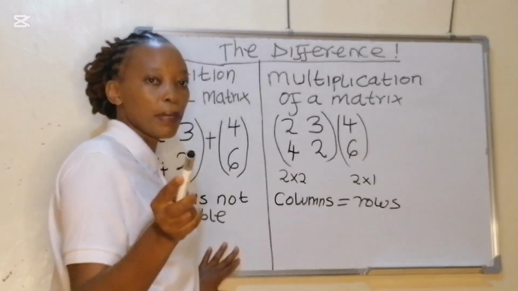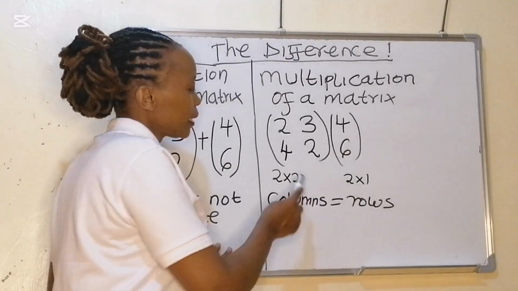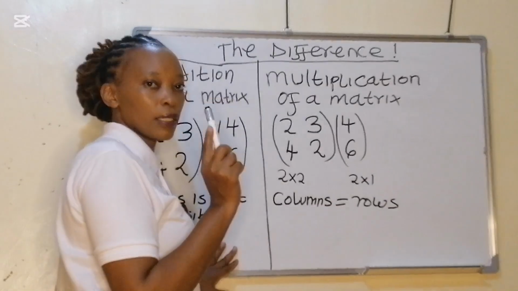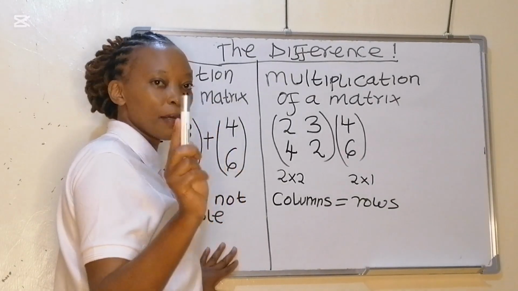do is to read the matrix. Read the matrix and write the name of the matrix. This is a 2 by 2 and the other one is a 2 by 1. Okay? After you have read the matrix,